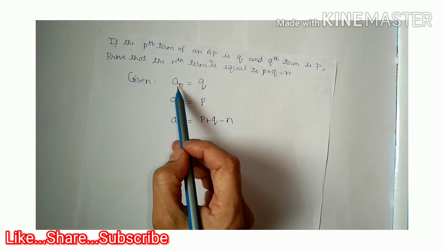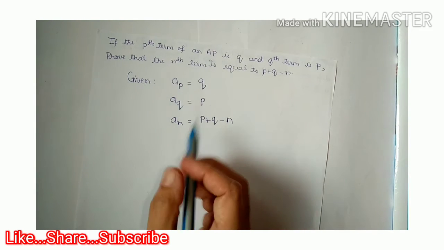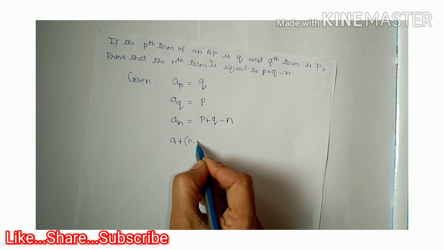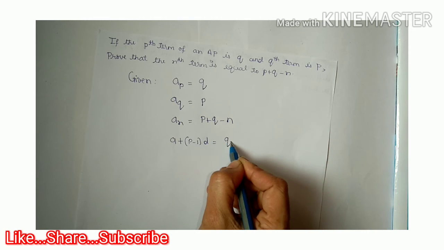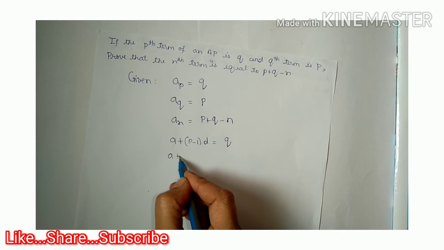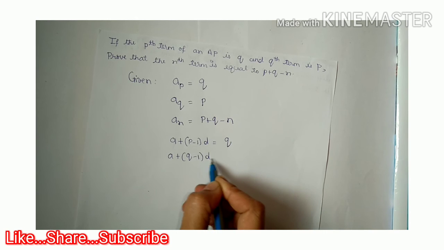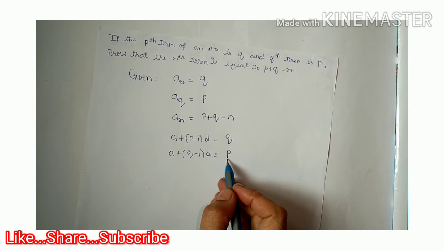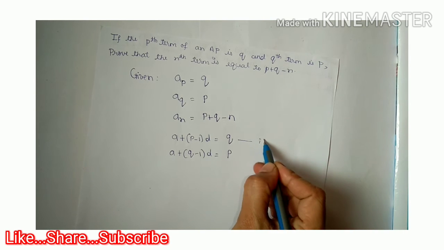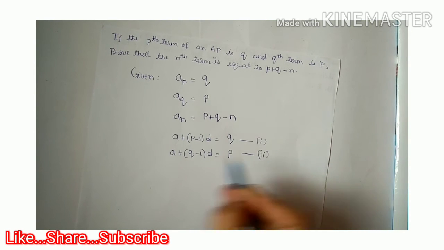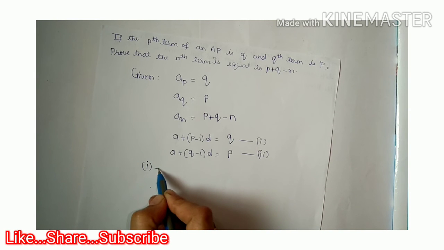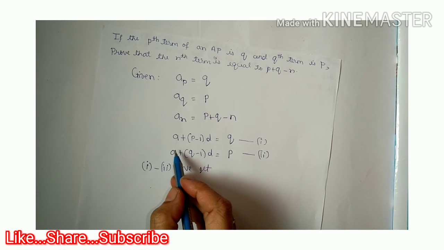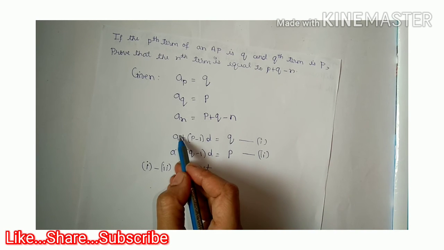Here the pth term of the AP is q, so a plus (p minus 1) into d is q. Similarly, a plus (q minus 1) into d is equal to p. Let us solve equations 1 and 2. Equation 1 minus equation 2, we get